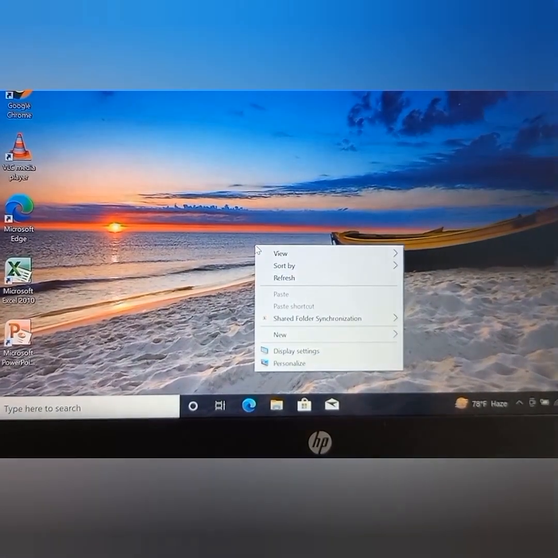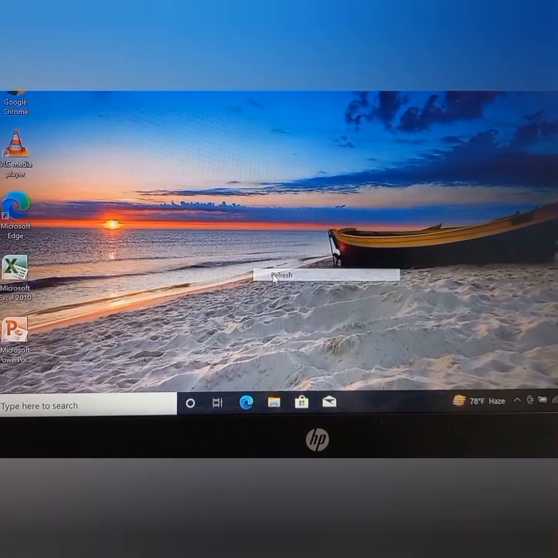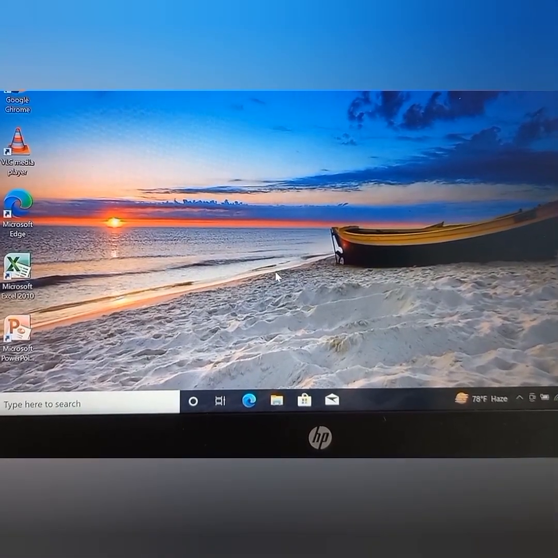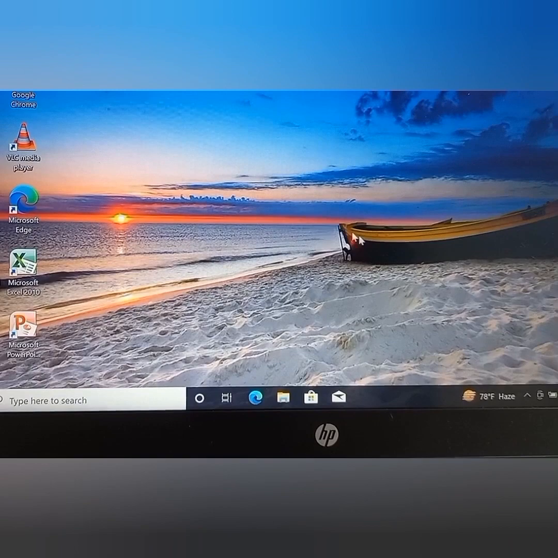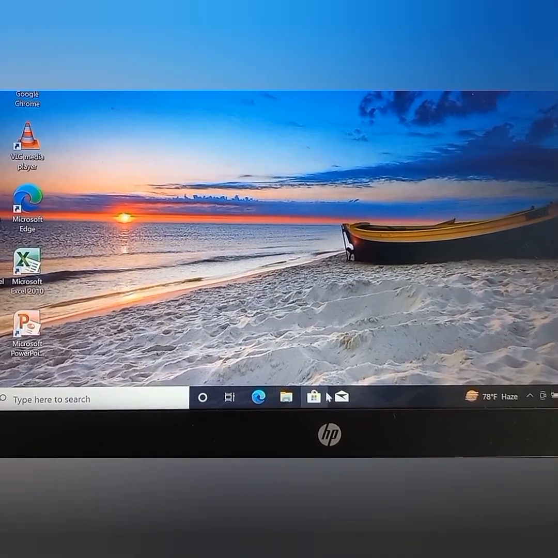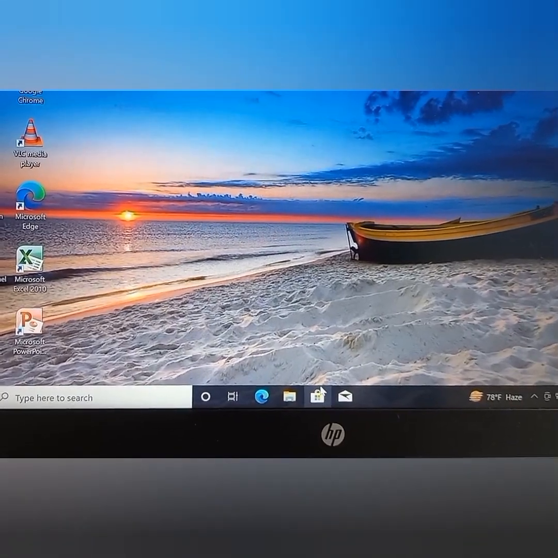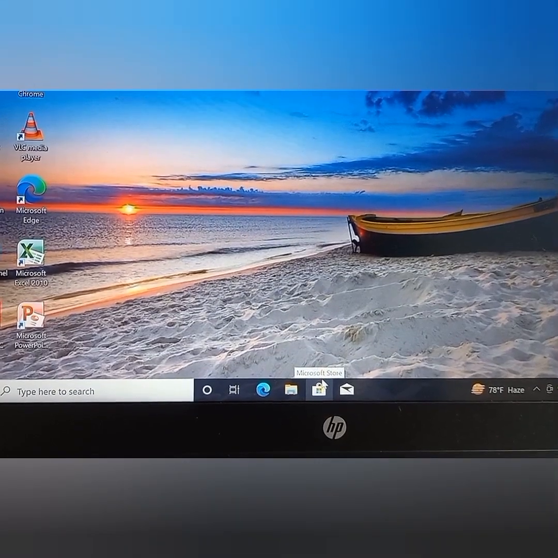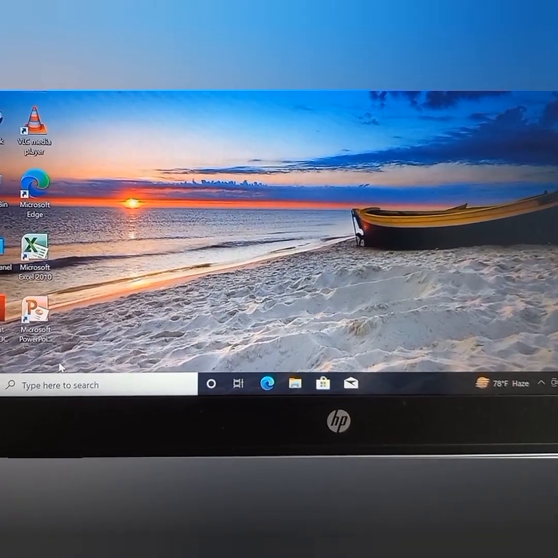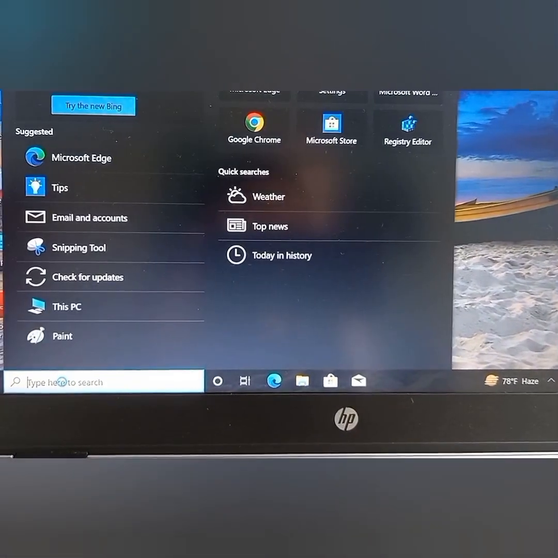Today I am going to show you how to download and install WhatsApp on your laptop or PC. For this, you need to go to the Microsoft Store icon at the bottom of the screen. If you don't have this icon at the bottom of the screen, no problem. Just go to the search box and type